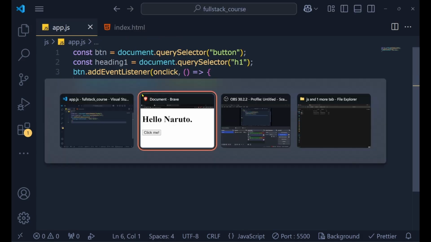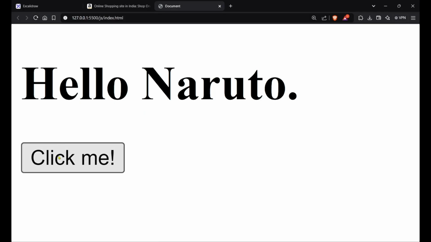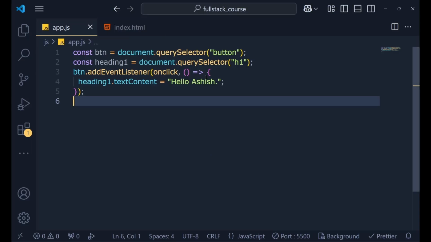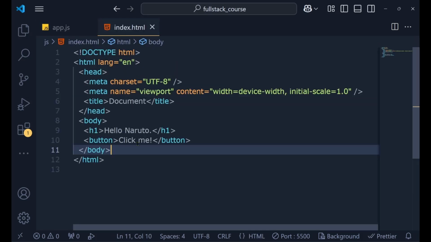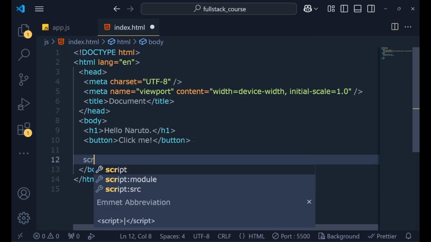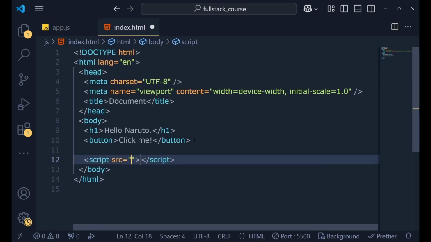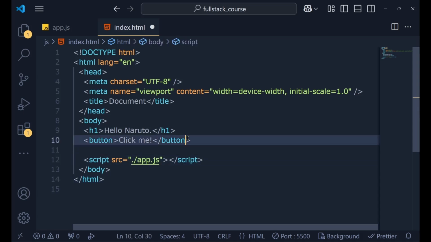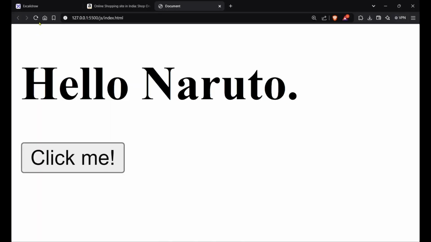If I hit save right now, nothing will happen because I haven't linked it. Now to link our JavaScript file, we use something known as script. Now within the script, we have an opening tag, closing tag, and in the source, we attach our JavaScript file. Now it should be working fine. Now we refresh it. It's there. Everything is there. If I click me,